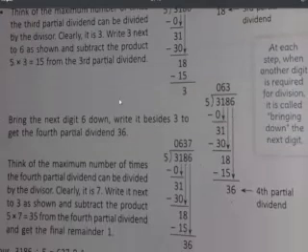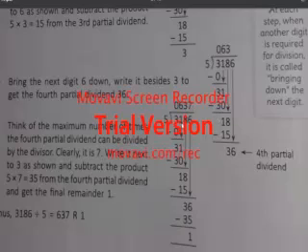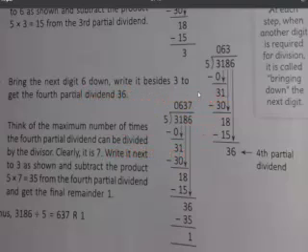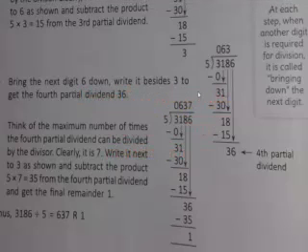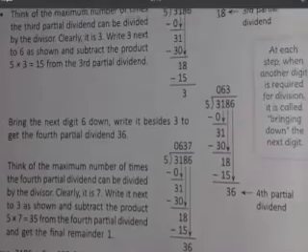Now at last 6 will come, and with 7 times it will go, 7 5s are 35, so 1 will be left, and now after that there is no other dividend remaining, so this becomes smaller than 5, so this is the remainder, and 0367, or you can say 367, is the quotient. Okay, I hope all of you have understood this.